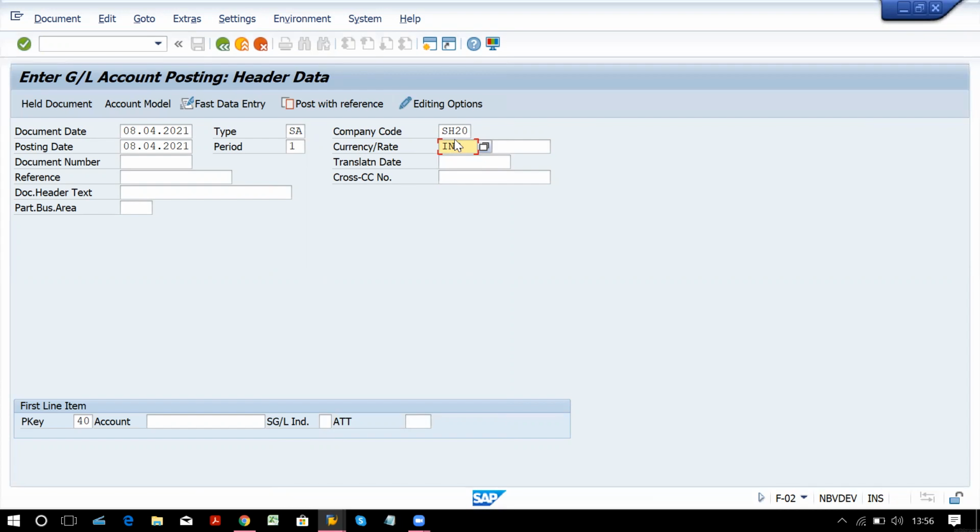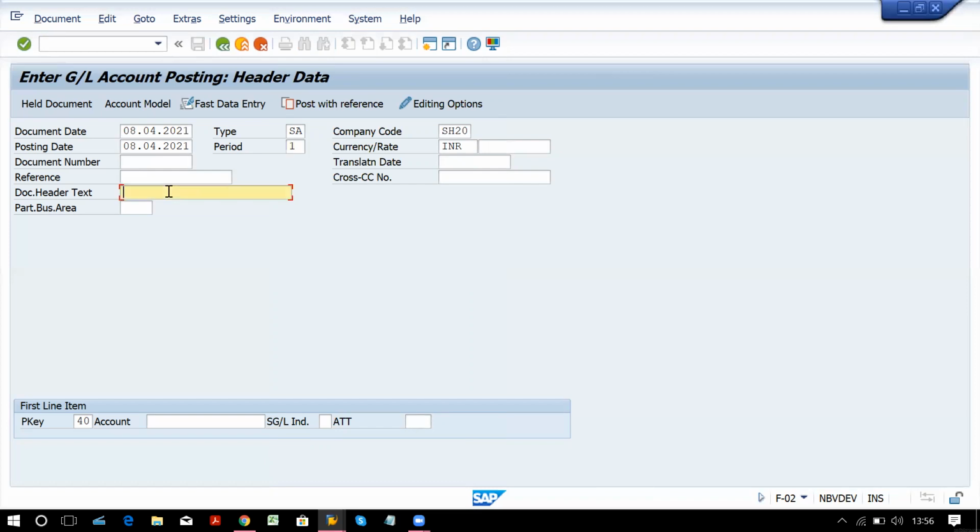If it is not there, you have to enter manually. Period 1, because this is April running and we are following April to March. Okay, that means first month. This is picked up by the system because of fiscal year variant.